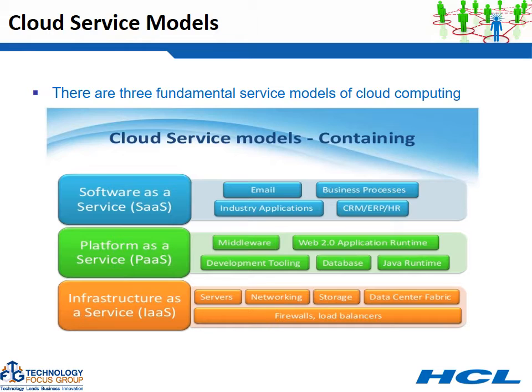Then the platform as a service is kind of the software platforms which are required by software developers to build their applications on and later run them. So for example, these can be the databases, the Java runtime, .NET framework, the middleware, the web servers, that kind of things. And in software as a service, these are the end user applications. So these can be like email application, Word application, Office applications. So for example, Gmail is one kind of software as a service.